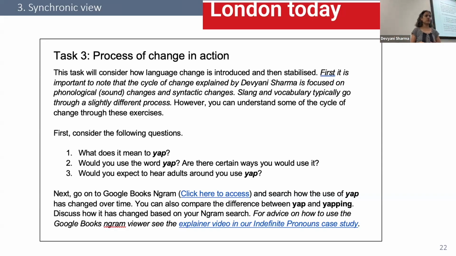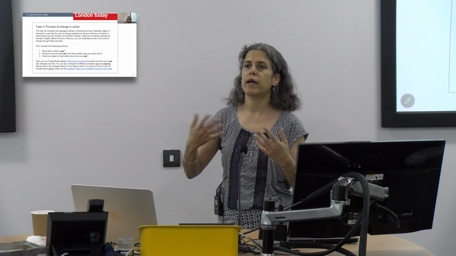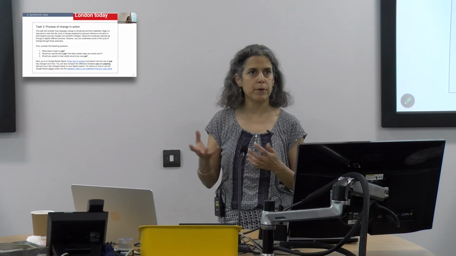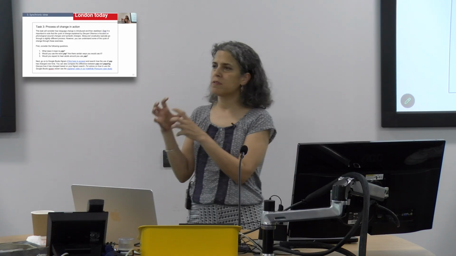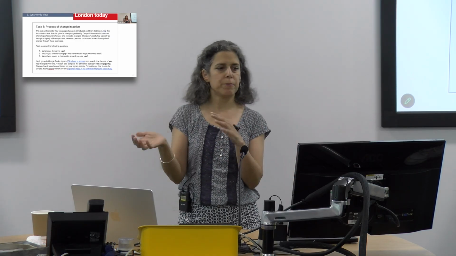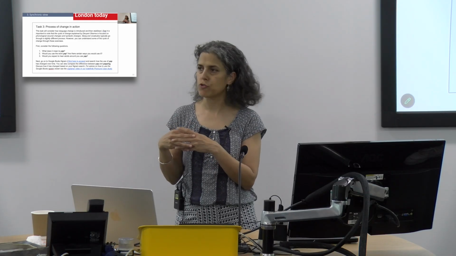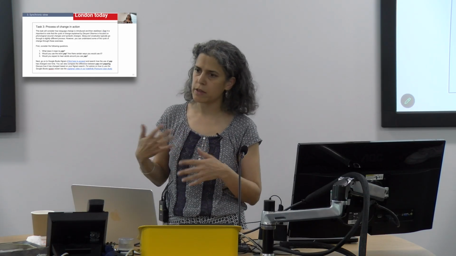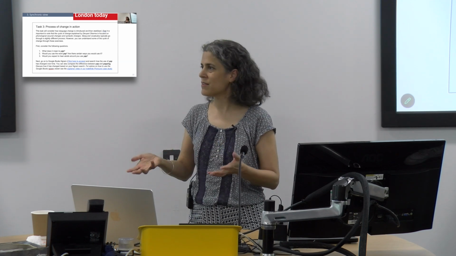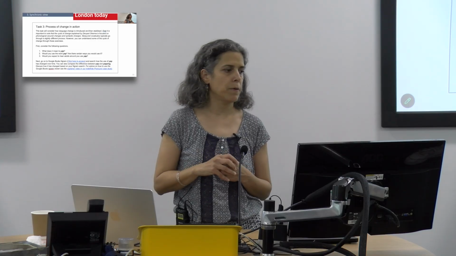And there's a little explanation there, going back to the anti-language, that sometimes what I've been talking about is more about regular change in sound and grammar, maybe discourse markers, intensifiers. But sometimes slang words, so yap is a bit ambiguous, but slang will behave a little differently because it has a different social function. So one feature of slang is it tends to cycle faster than the examples we've been talking about, like accent features, which take their time.